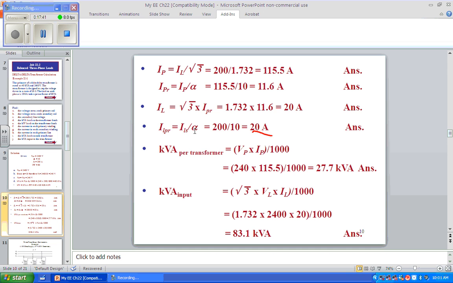Because we've got the square root of 3 times line voltage times line current divided by 1,000. Dividing by 1,000 is just putting it in proper engineering notation. So we know that this is about an 83.1 kVA transformer, and 3 of them put together. No, that's the total three-phase power. Sorry, 83.1 kVA is the total three-phase power. So,